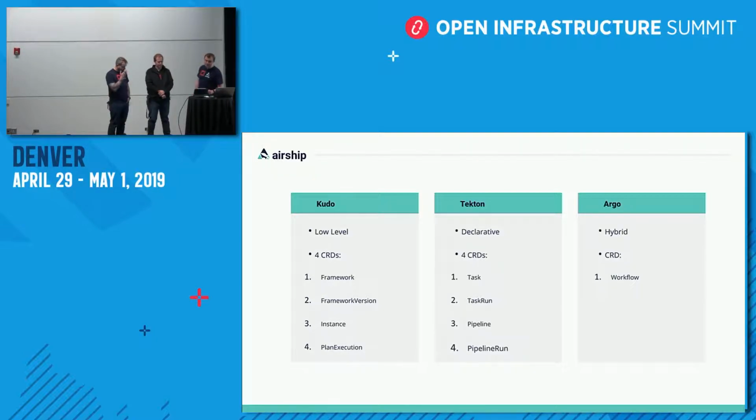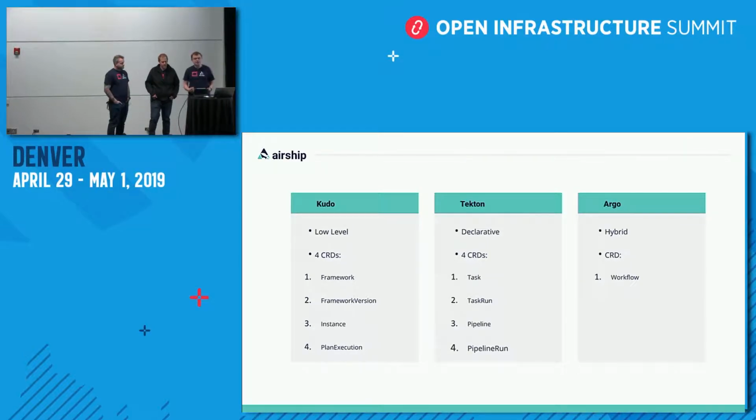And so the next engine we looked at was Tekton Pipelines, which also provides 4 resources specific to the workflow. Tasks, which describe a particular action. It's kind of analogous to an instruction. Task runs, which are the resources used to trigger that task. Pipelines, which describe a series of tasks, the order in which they should be run and how they're interlinked with each other.